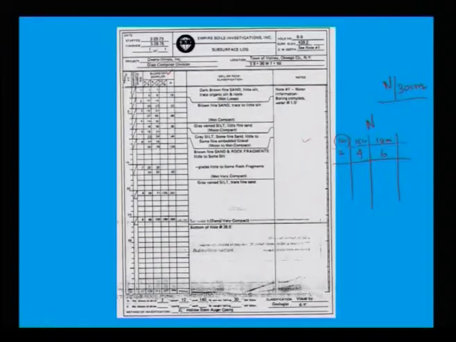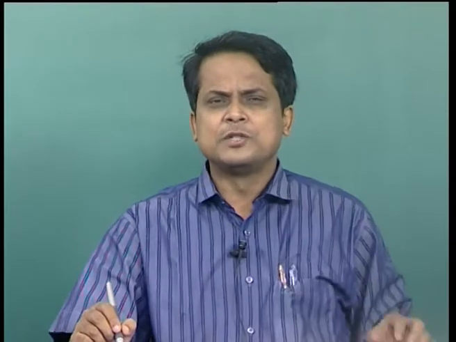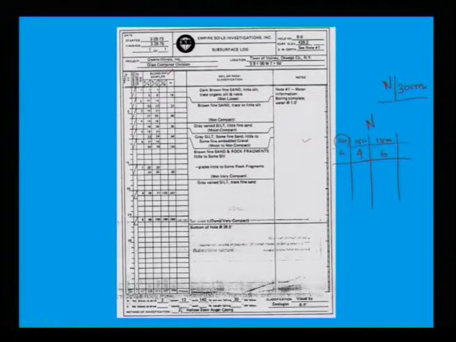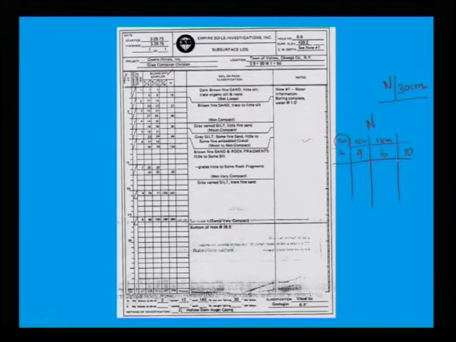What happens, if the N is 2, we say that the first initial 15 centimeter penetration blow we generally discard because the soil is kind of loose and it will act as a seating load. But sometimes the first 15 centimeter penetration blow gives 6, that means you cannot discard. So, it will help the design engineer see the complete profile of N value, instead of giving only one N value of 10. The design engineer may want to see the complete N profile value, that will also be helpful for design.